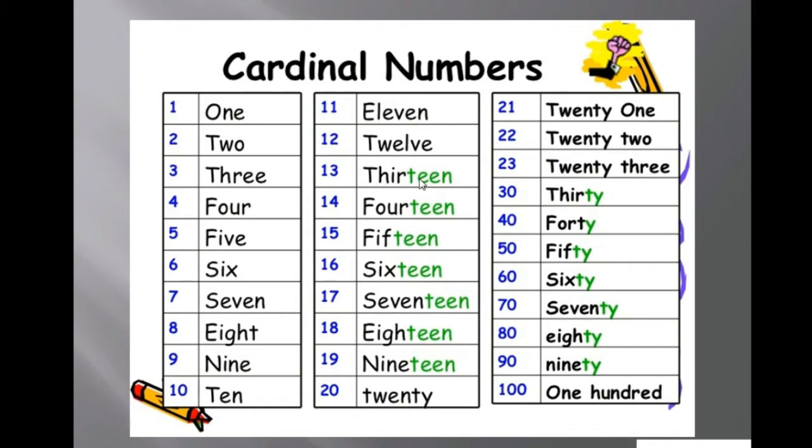في جميع هذه الأرقام ابتداء من 13 إلى 19 نضيف 10 في الآخر. So it's 13. So it's 4 plus 10, so it becomes 14. 15, 16, 17, 18, 19, so it's also 9, and then we add 10, so it becomes 19,